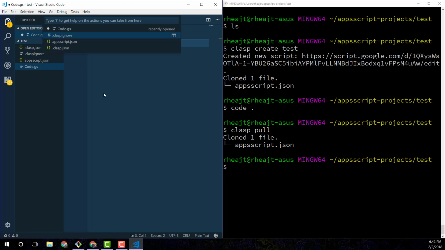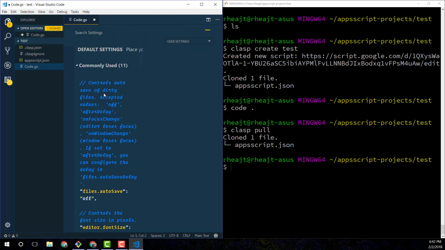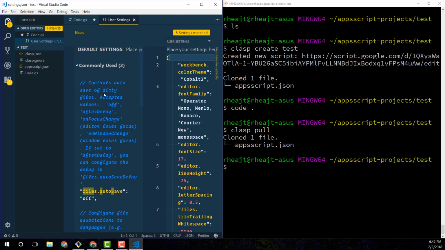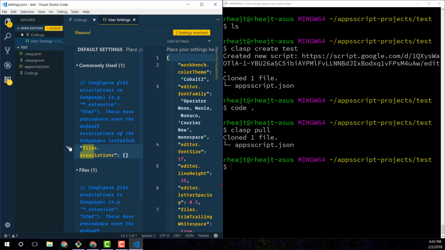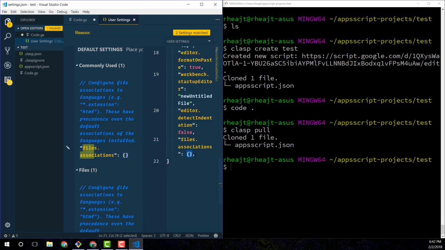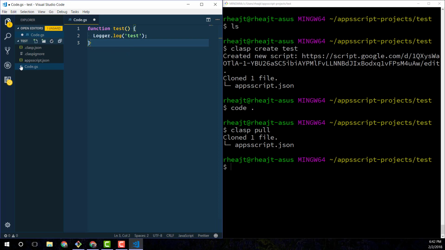If you just go into settings and then file associations, I'm going to add this into my settings, and then I'm going to add *.gs, and I want those to be read as JavaScript. And save that, and yep, perfect. Now I've got syntax highlighting, and then over here it even has this little JavaScript icon over here. So I'm going to save that,